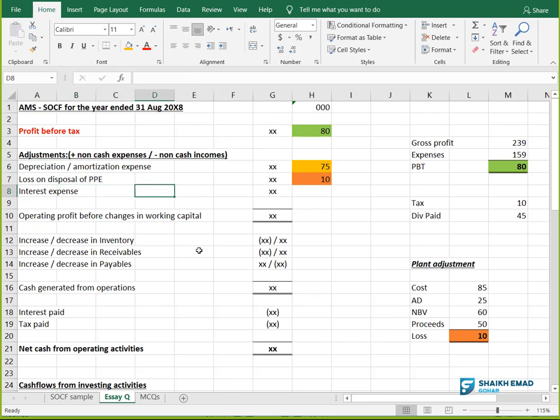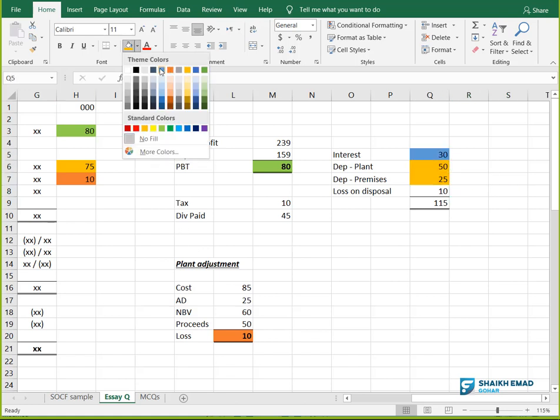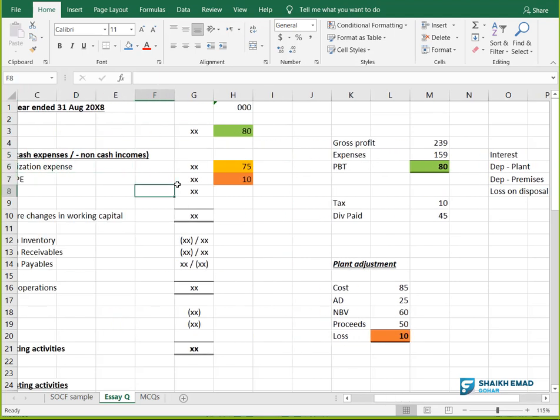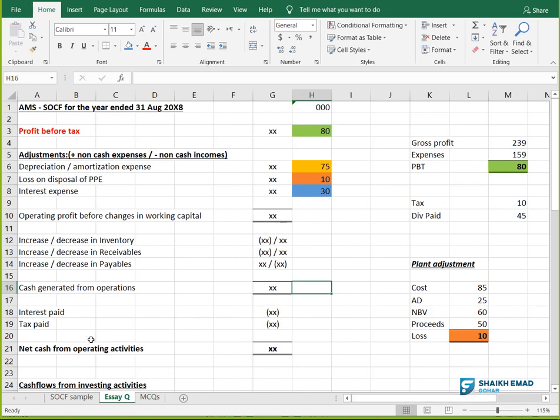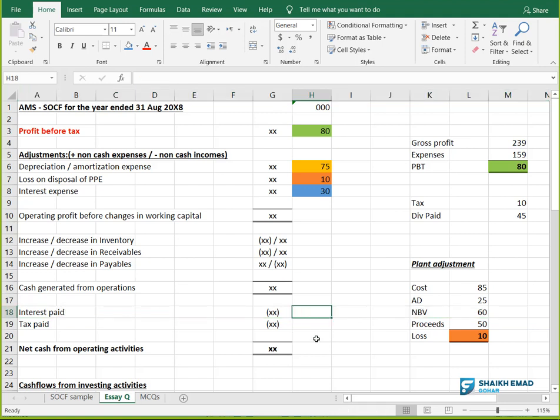Moving on, my friends, we have some interest expense, right? How much is the interest expense we need to reverse? 30. This one. Now see, this is on the assumption that this is on accrual concept. I don't care. I mean, right now, I don't care it is paid or not. I am reversing it on the assumption that it was recorded on accrual concept. Later on, below here in this row number 18, I will check how much was paid actually. And that I will deduct here. Getting it? Can you tell me how much is my operating profit before changes in working capital?